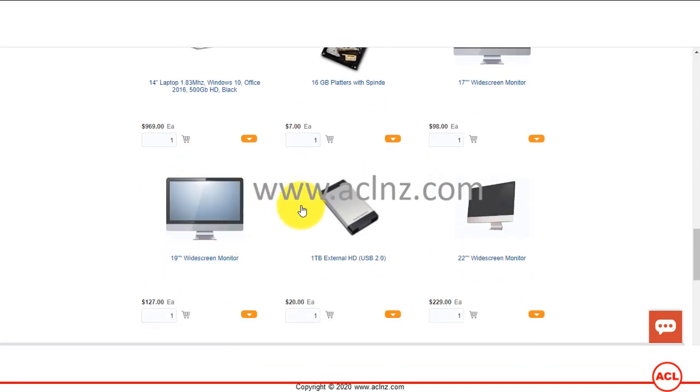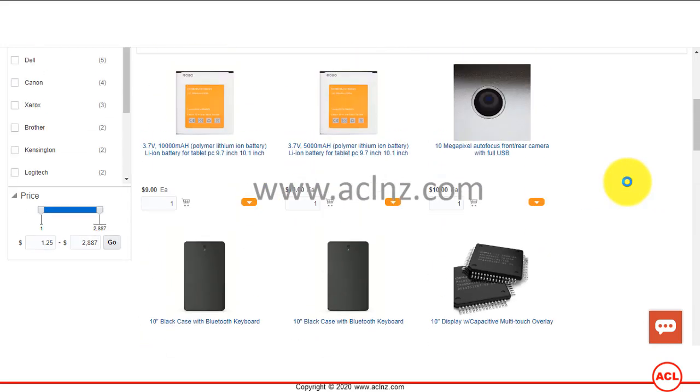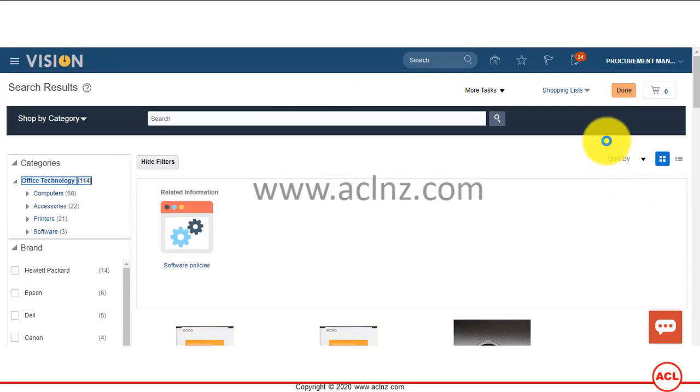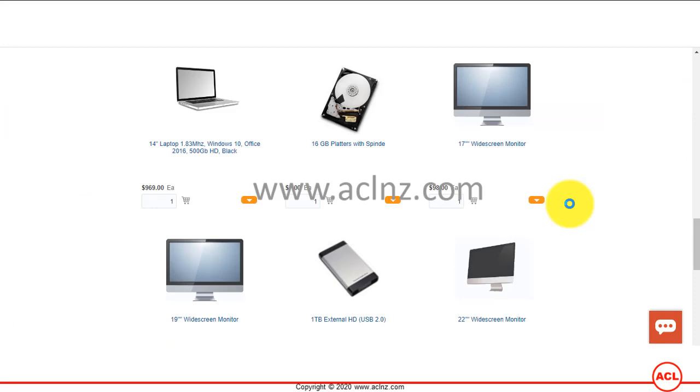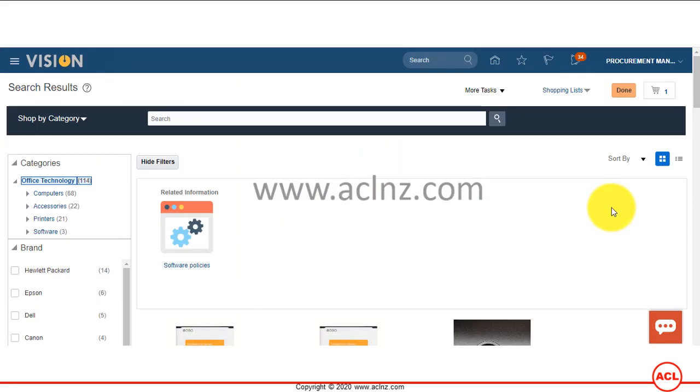widescreen monitor. So as soon as this is added to the cart, right on the top of the page, the cart will get updated. So right now, as you could see, there is nothing in the cart, but for the first item it takes a while. I don't know why, but later on it's fast enough. So I'm gonna scroll up and see again. You see it's right there in the cart.